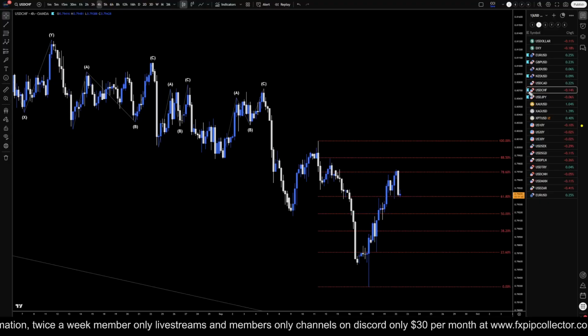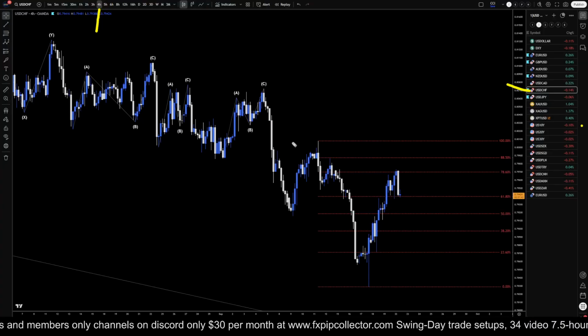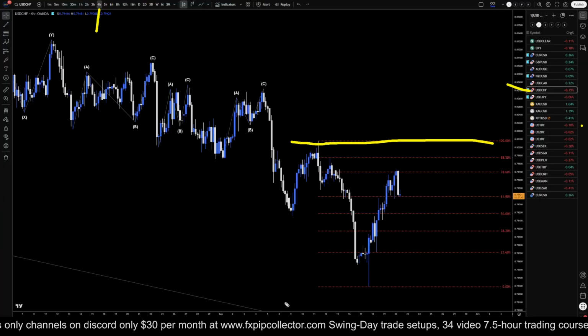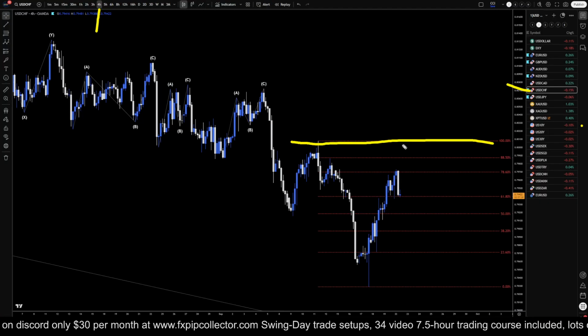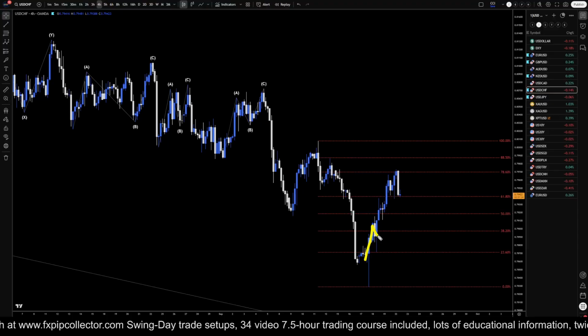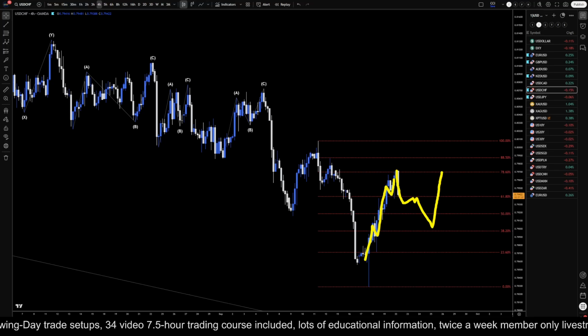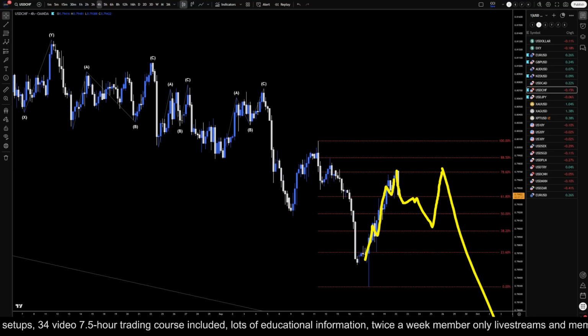This is my analysis for the US dollar Swiss, and we are on the 4-hour time frame to start with. The trend is definitely still down because it has not broken this structure yet. So anything we see to the upside could still end up being just a pullback within a downtrend. But with how impulsive up this is, even if it is a pullback, I would expect it to make some sort of a three-wave pullback like that before it actually continued down.